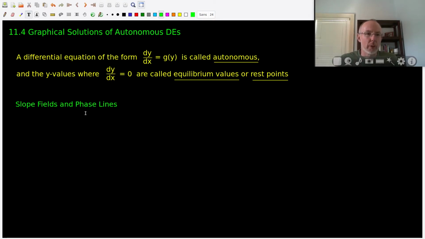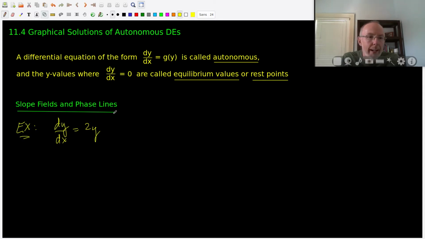Hey folks, this next section in chapter 11, we're going to look back at some more of the graphical solutions. We talked a bit about this in one of the earlier sections. I think in 11.1 we did at least one graphical solution where we looked at phase lines. Today we're going to do two different kinds of approaches to sketching these differential equations: phase lines and slope fields. And so I'm going to use one example to begin with to play with both of our ideas